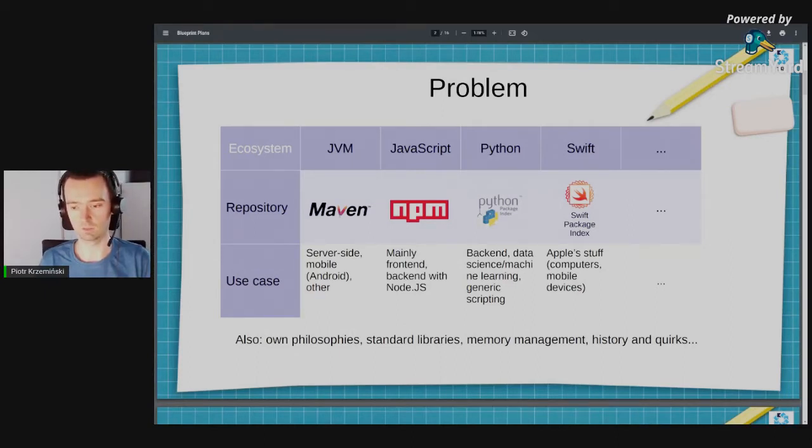For example, a certain company is used to some particular stack and they are fine with this. Also, some companies like Apple create their own ecosystems because of certain reasons. Some of them are technical, some of them are political. Anyway, we have the state where you have dozens of options,